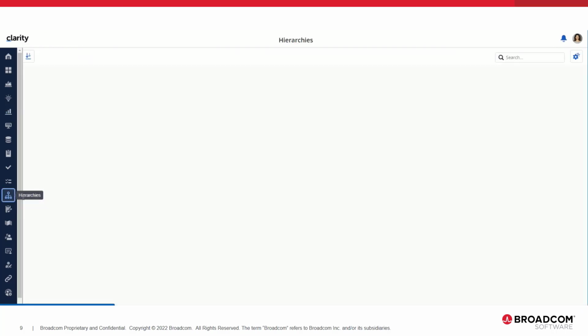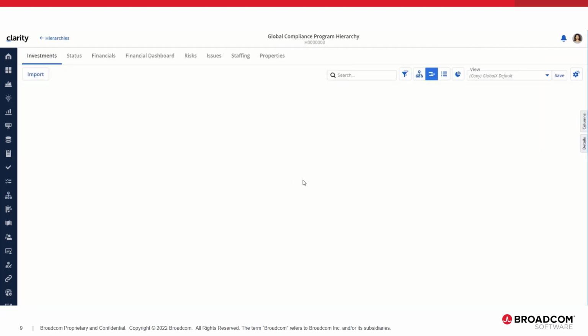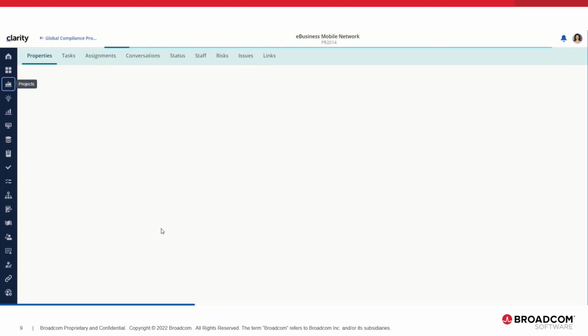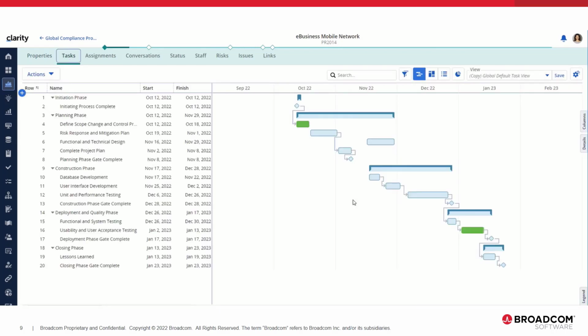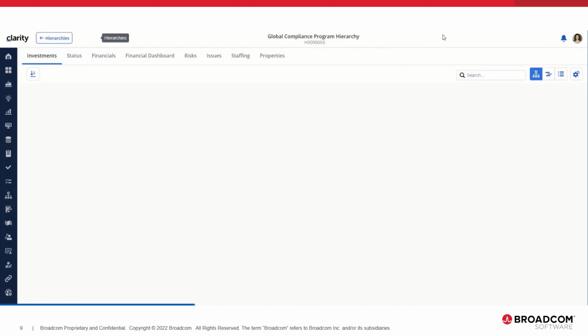Let's take a look at hierarchies. And from here, let's look at one of her favorite hierarchies in the investment timeline. You can see that she has collapsed one already and kept one open. We'll go and look at another project. And you can see, because this is a different project, she hasn't touched this one, but let's say she just wants to collapse all. So when she looks at this, all the items will be collapsed. If another person logs in and looks at this same project, they'll see a different persistence, and we'll demonstrate that now. We'll log out as Dana